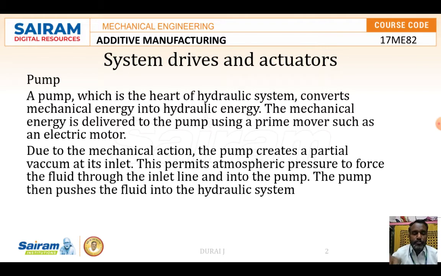That means, due to the movement of the mechanical devices, it creates a vacuum in the casing or in the chamber. Due to that suction, a vacuum is created. That vacuum is going to suck whatever fluid is nearby. It goes via the teeth and other parts, and automatically what happens is it is pressurized and goes out as high pressure fluid from the pump. So for that the pump is used.